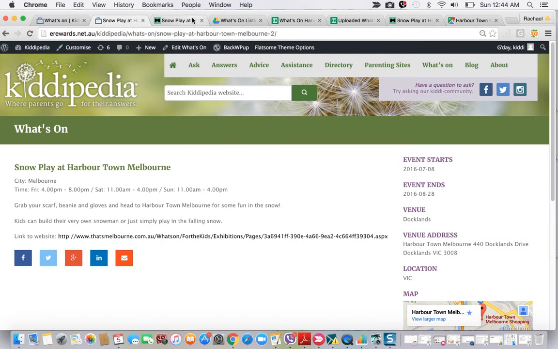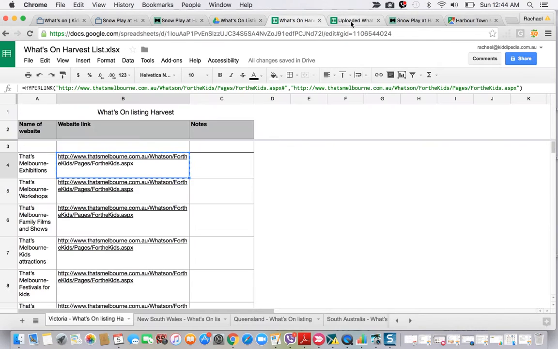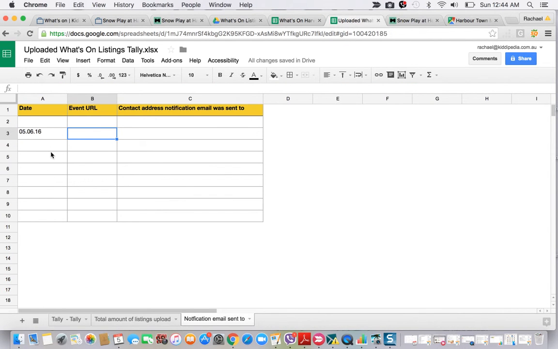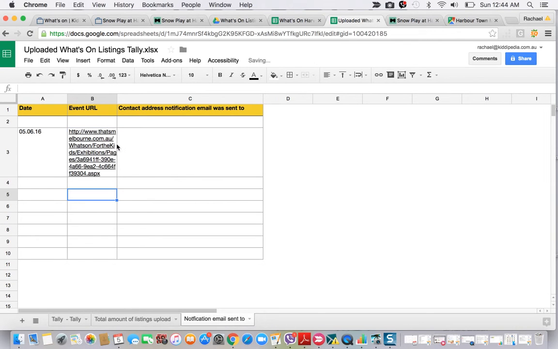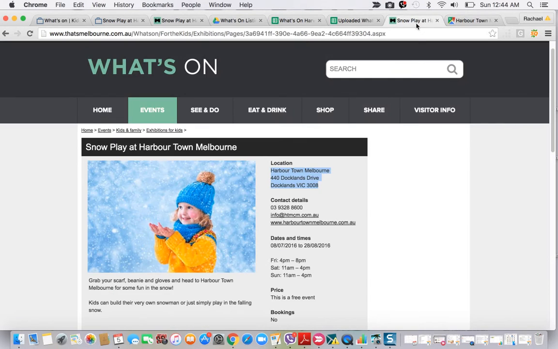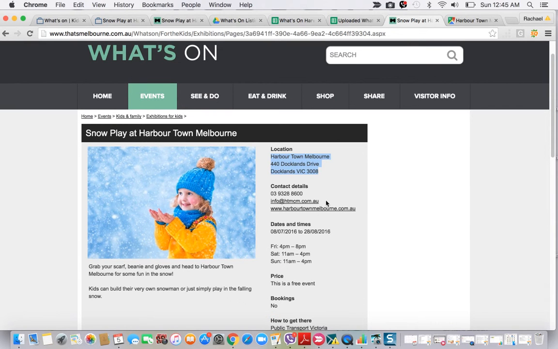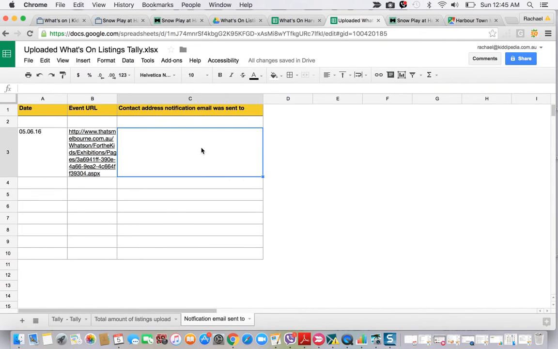Oops, where am I going? I will find it. There we go. So you just need to cut and paste the URL of the listing. But this is really important. I actually need you to find some form of a contact email address. So we're going to go back to the listing, and in this instance we've got an info at, which is really important. If you could just cut and paste that into this spreadsheet here, that would be incredible, because then